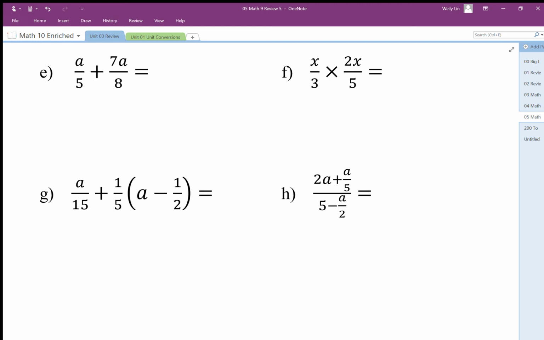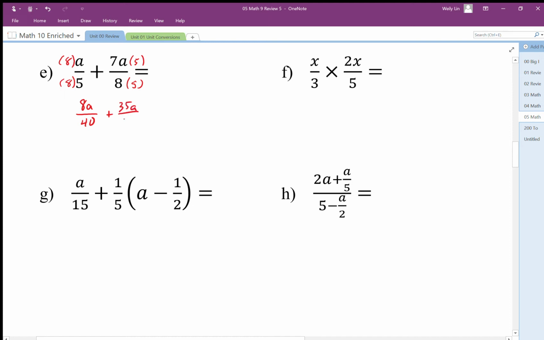So even when we have variables involved here, as long as we can keep track of the times and divide pieces or the factor pieces, we should be okay. So here we need a common denominator again. So the denominator is missing a factor of 8 here, a factor of 8 here. Here we're missing a factor of 5 and a factor of 5. So we end up with 8a over 40 plus